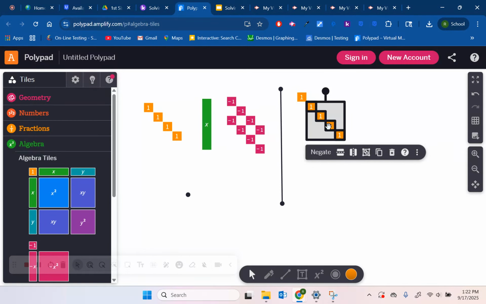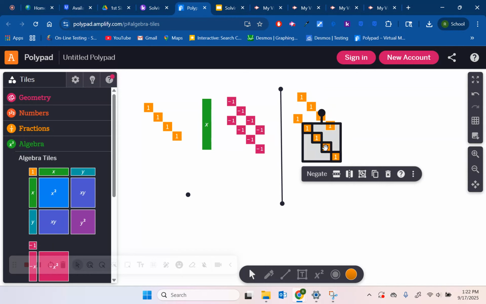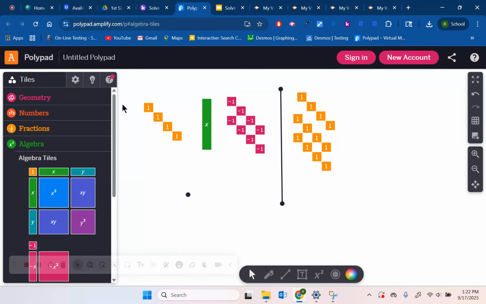Four, 8, 12. Okay, so on this side, I don't know if you noticed here, on the left side, I have